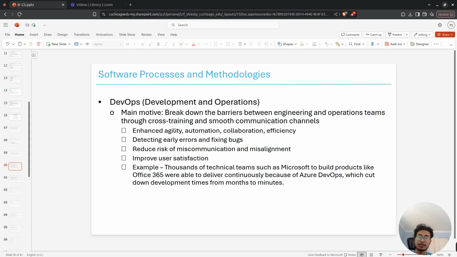So the benefits of including DevOps include enhanced agility, automation, collaboration, efficiency, detecting early errors and fixing bugs, reducing risks of miscommunication and misalignment, and finally improving user satisfaction. So for example, thousands of technical teams such as Microsoft, to build products such as Office 365, were able to deliver continuously because of Azure DevOps, which cut down development times from months to minutes. Okay, so the next one is